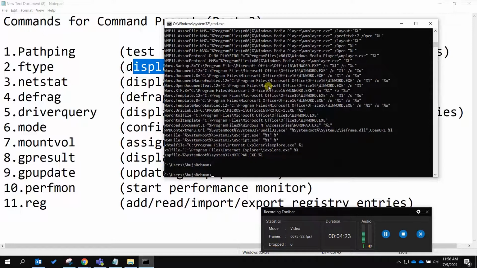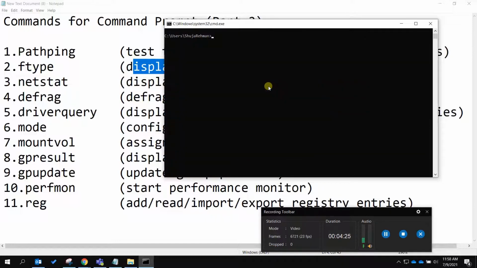And the other one is netstat. I am typing the netstat command and hitting enter.